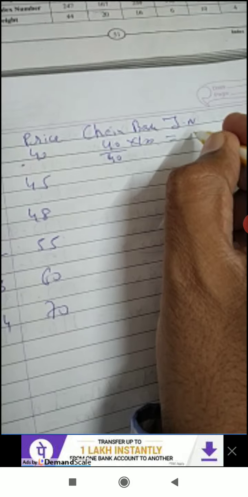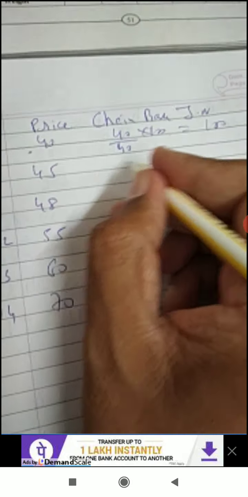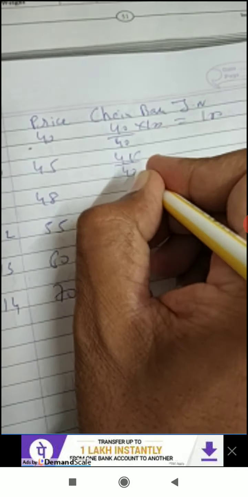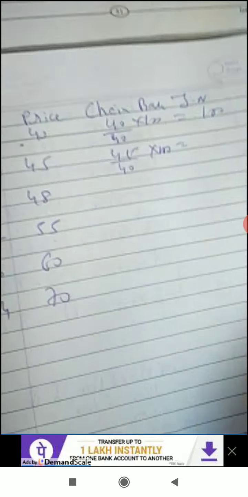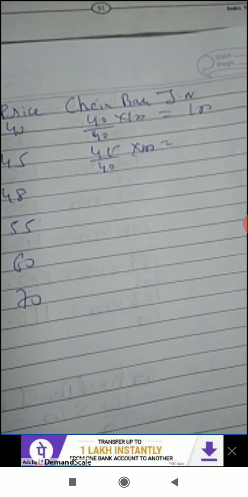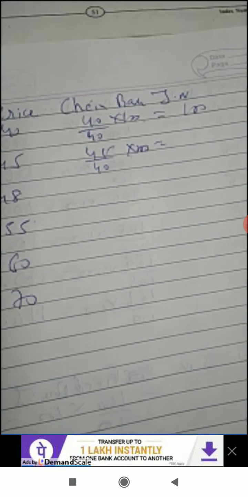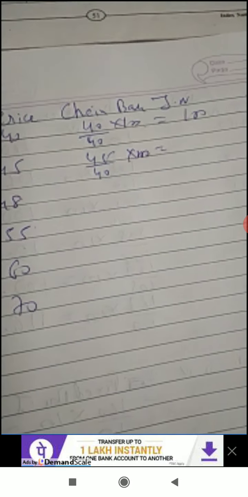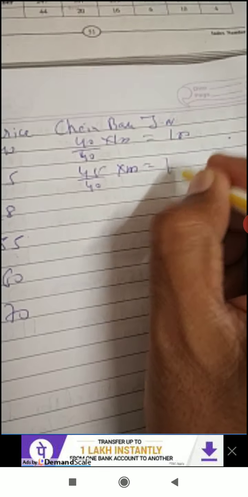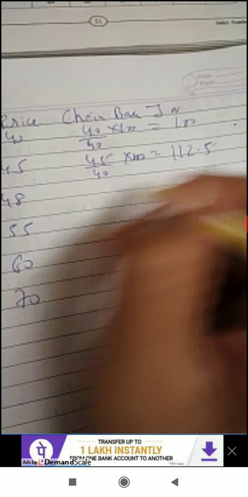So answer is here 100. Next one, 45 divided by 40 into 100. That is 45 divided by 40 multiplied by 100. Value is 112.5. Next one,